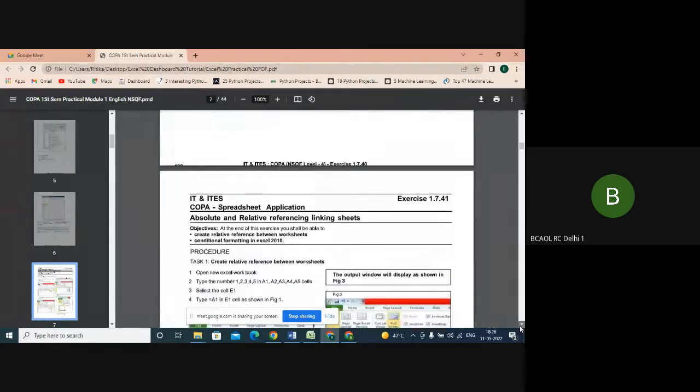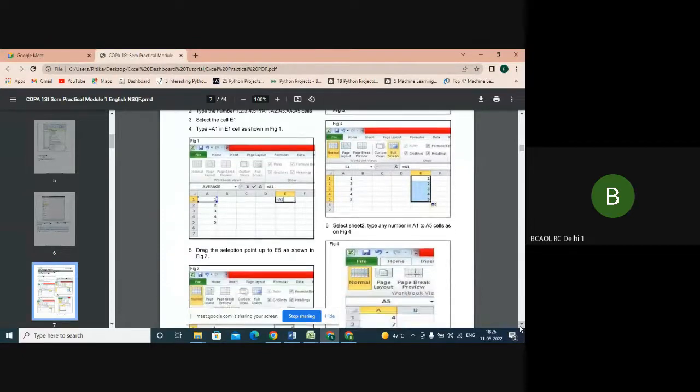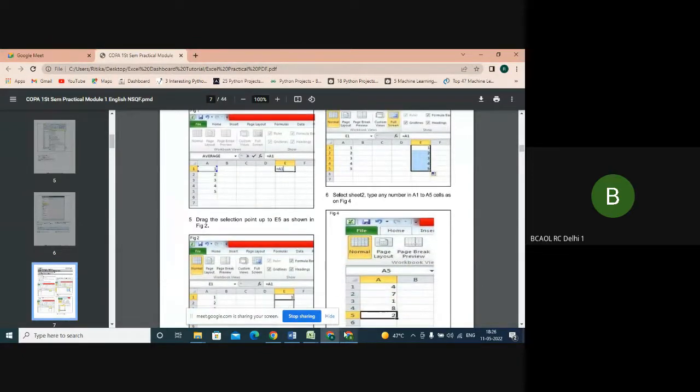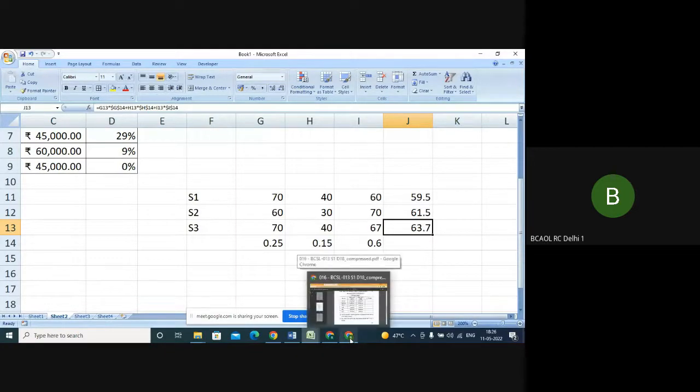What is the extension of Excel? Can anybody tell what is the extension of Excel? .xls. Yes, nowadays it is .xlsx. Earlier, the 2007 version was .xls, and now it is .xlsx. X has also been added, right? So what I was telling you is,